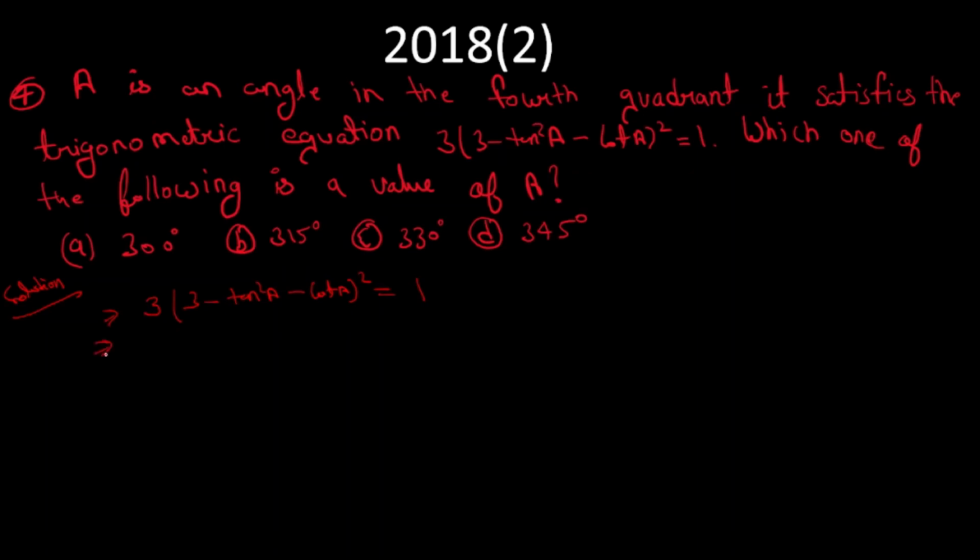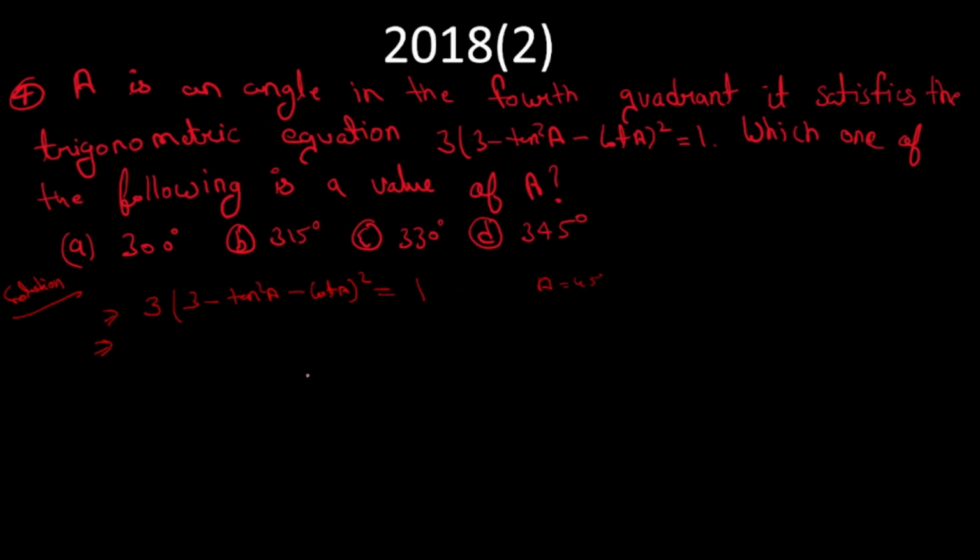Yeah, maybe we open it, or maybe we try to put values of a here. So what values of tan a are in the given answers? First we put tan a equal to 1, that is a equal to 45 degrees, because at 45 we get something. When I put a equal to 45, tan a becomes 1. So cot is also 1 and the 3. So here we get 1 square and 3 equal to 1. Yeah, that does not give us the answer. So what will we put here?